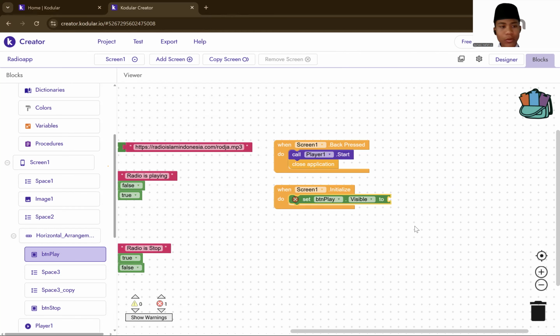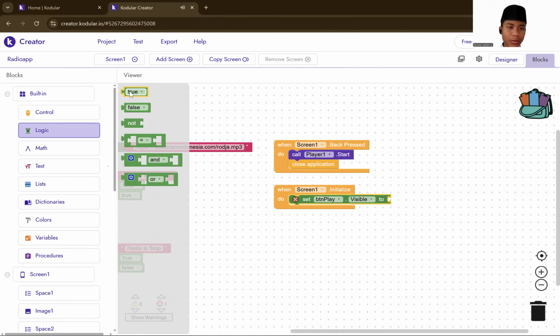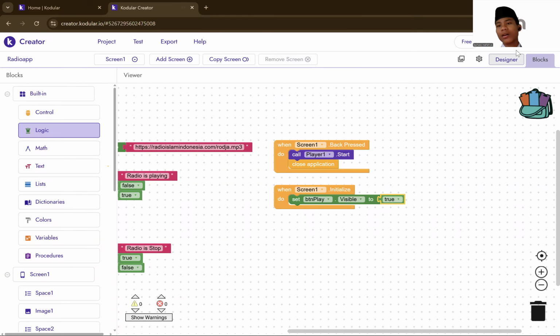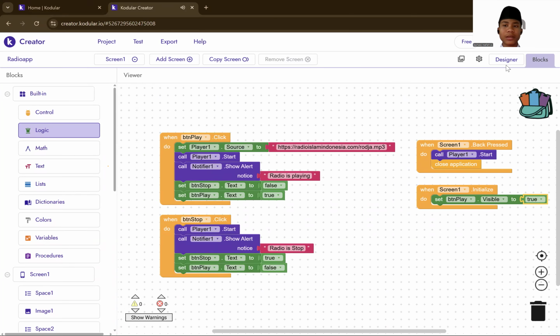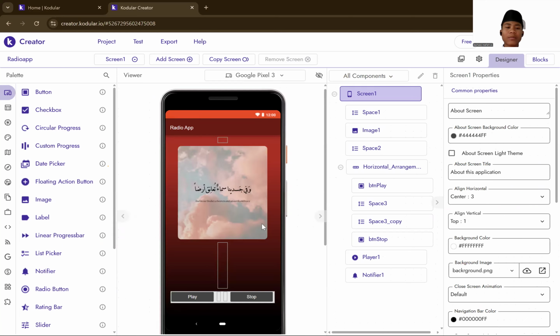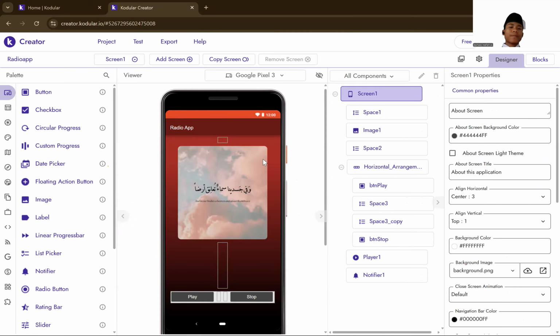Okay, it's done. You go to logic and you take true. Okay, maybe like this. Then done. Then you can run it in your phone. Okay.